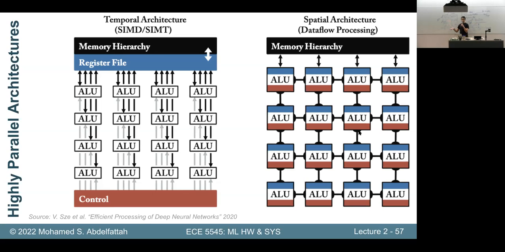So SIMD is great and GPUs are great when you have literally a single instruction that needs to be performed on multiple pieces of data. That's true for graphics, where you have a huge image with multiple channels, and you need to perform a convolution on that whole thing. So you have so many independent multiplications and additions that you just need single instructions to operate on all of those multiple data. But when you have a more complex algorithm,